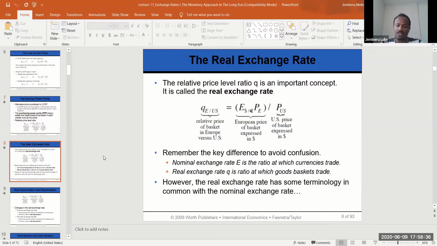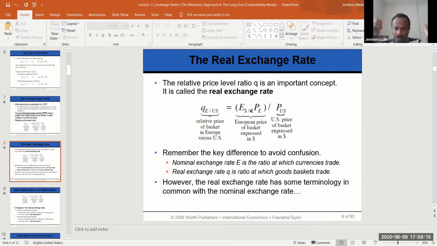This expression is real exchange rate. Because real exchange rate ለምንድነው ያልነው? Because ምን ብለናል, relative price of basket of goods and services in Europe versus US ነው ያልኩት, because now I'm not talking about how many units of currency I can purchase using home currency. አሁን ግን ያወራ ያለሁት ምንድነው, real good ነው, how many baskets of goods I can purchase, I mean exchange